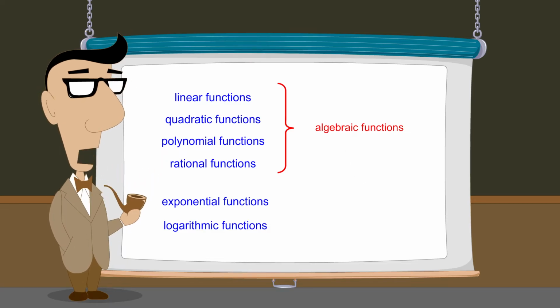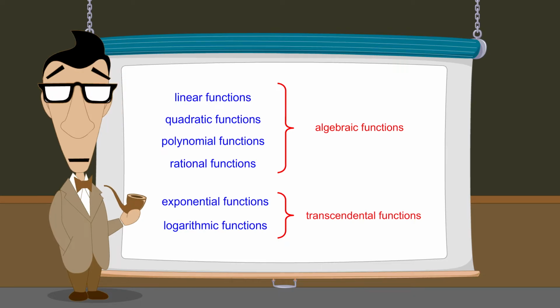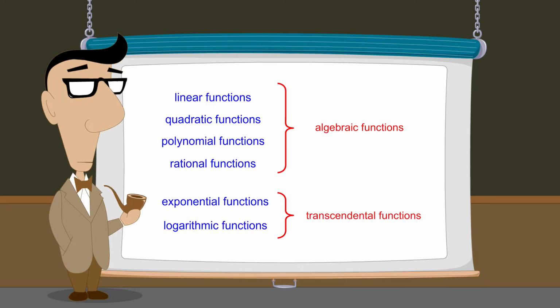On the other hand, exponential and logarithmic functions are members of a class of functions called transcendental functions. Transcendental functions are said to transcend algebra since they cannot be expressed in terms of a finite sequence of algebraic operations. Instead, the exact value of a transcendental function can sometimes only be calculated by adding an infinite series of decreasing terms. The more terms that are added, the more accurate the calculation becomes.